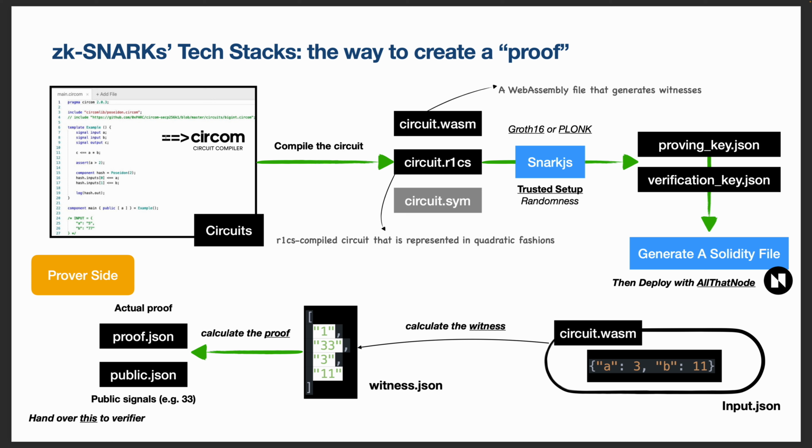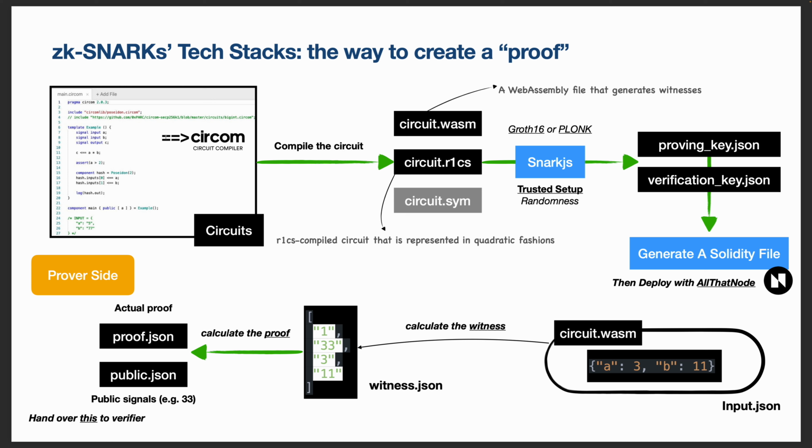The user might not want to disclose the user's input. This means the user can choose which input to be disclosed and which input not to be disclosed. So you can just put your input.json, let's say A is 3, B is 11, that's the example that I already mentioned before. You put your input.json into the circuit.wasm. Yes, the circuit.wasm is used by both